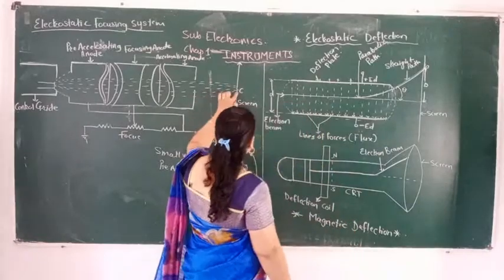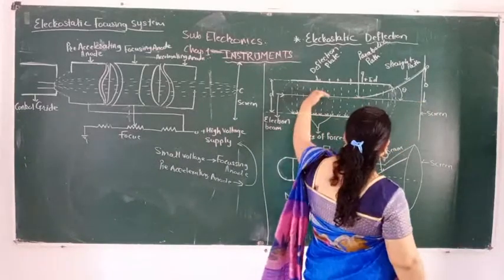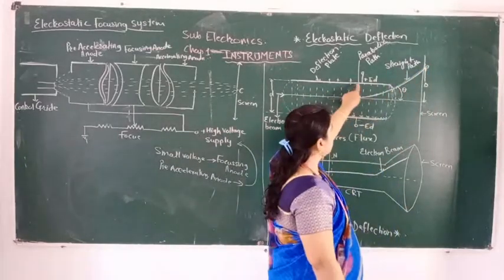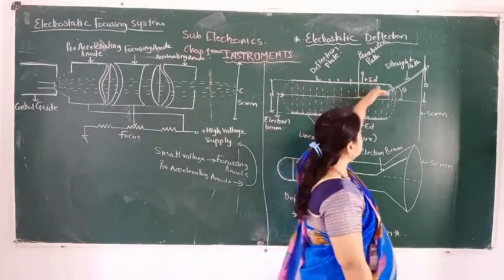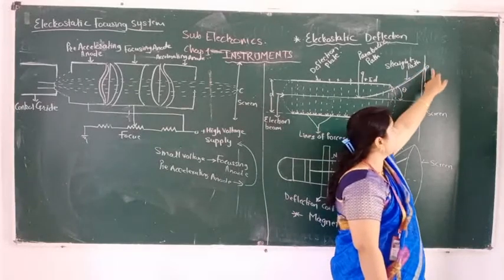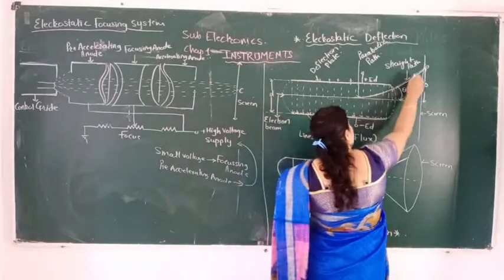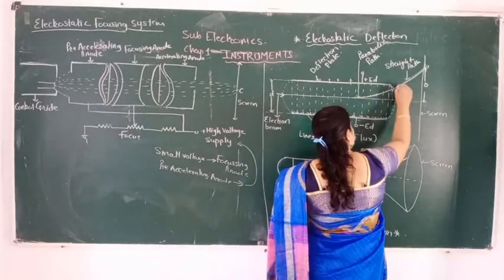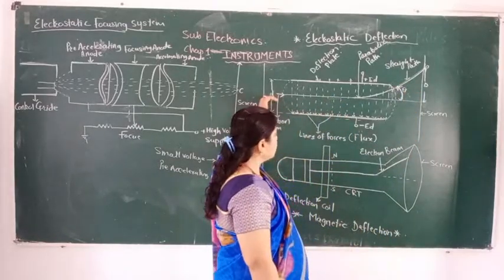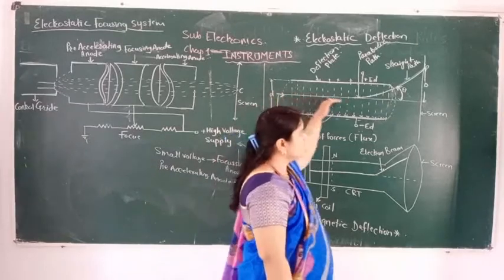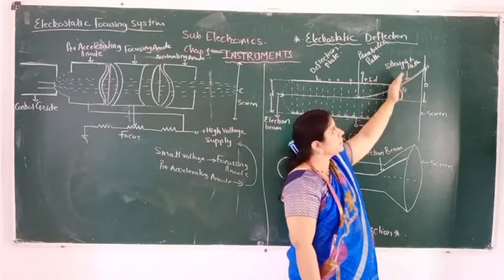Here it would be a straight line on the screen, but it will not be a straight line on the screen. It will move in the upward direction because of this positive supply. Because of this positive voltage, what happened? It will go to the point P, that is called the parabolic path. It produces the parabolic path and produces an angle, that angle is called theta. If supply is given, the electron beam will not go straight on the screen, it will make a parabolic path.